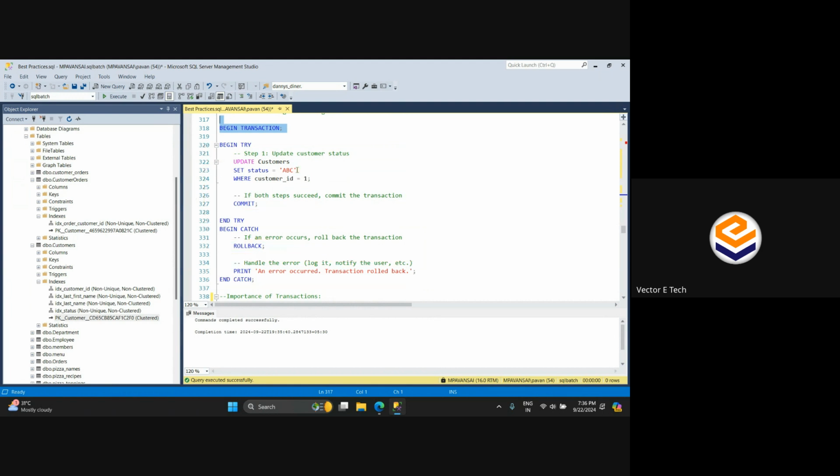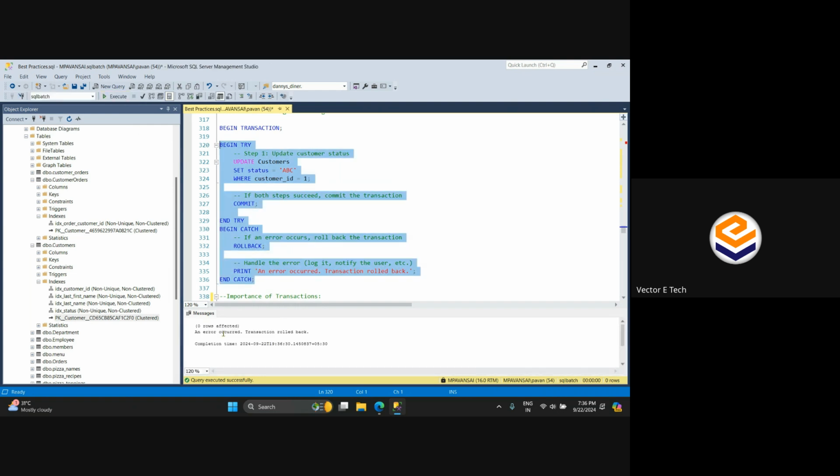For example, I can see that there is an error here. If I select this and execute, you can see 0 rows affected, and an error occurred, transaction rolled back. This is the printed error which I have provided. It has already rolled back, so nothing is saved, because it is an error. You cannot save a text value into your numerical column,